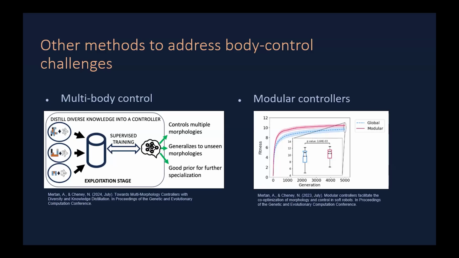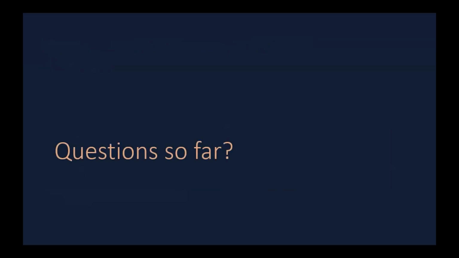And this example shows the difference between a modular and a global control. It shows the benefit of using a modular control in evolving robots, while this is not shown if you have a single robot. For a single robot, it might be beneficial to have a global control, so a single control for the whole robot. A modular control is more beneficial for evolving robots because robots can share experience more easily. So this is about evolving robots and body together, the challenges and how to potentially deal with them. Are there any questions